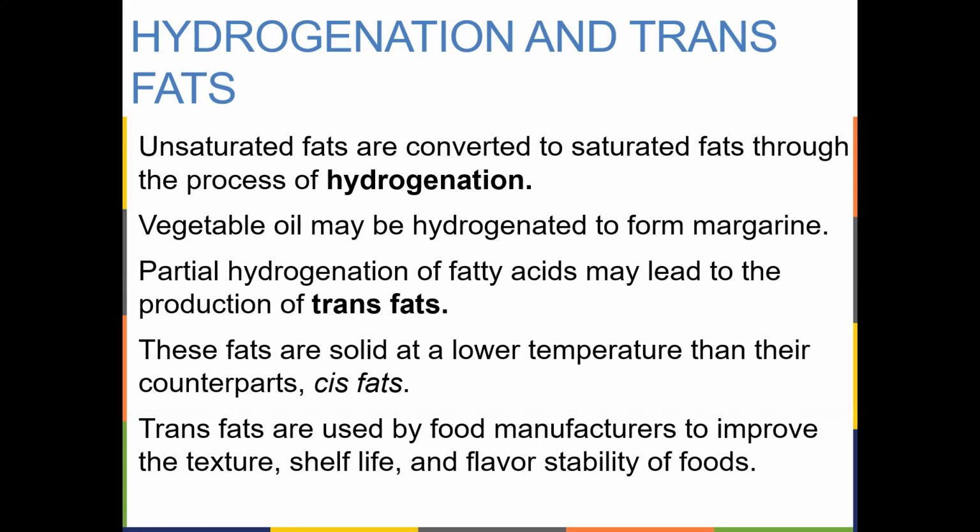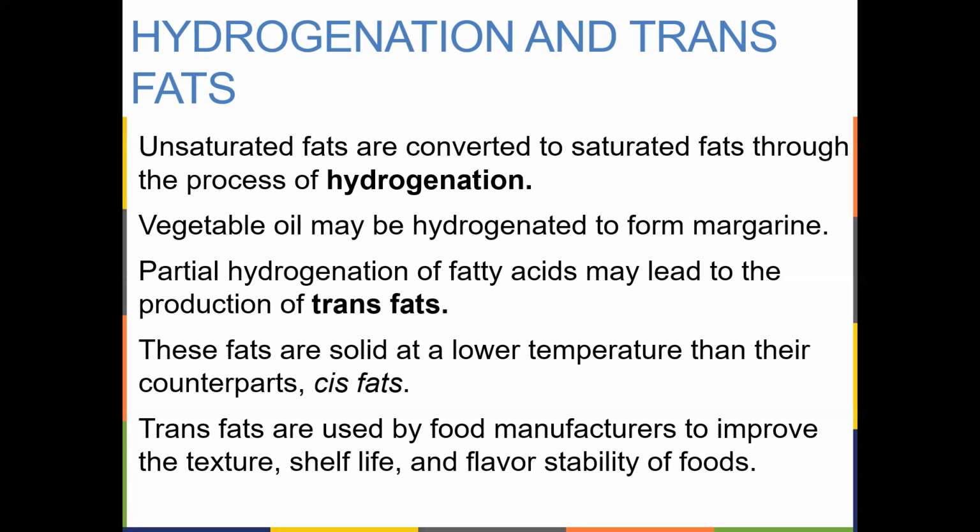If you open up a can of Crisco, it is white. That's what a hydrogenated fat looks like. It's a white substance. Crisco has to have salt added to it for any kind of flavoring, and it might have some other additives in there for stability or appearance, but it has become hydrogenated. We use Crisco as shortening. You make biscuits with Crisco. You make pastries with Crisco. You make pie crust with Crisco.